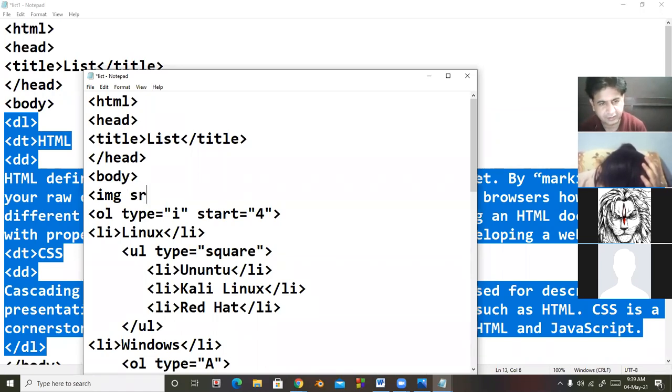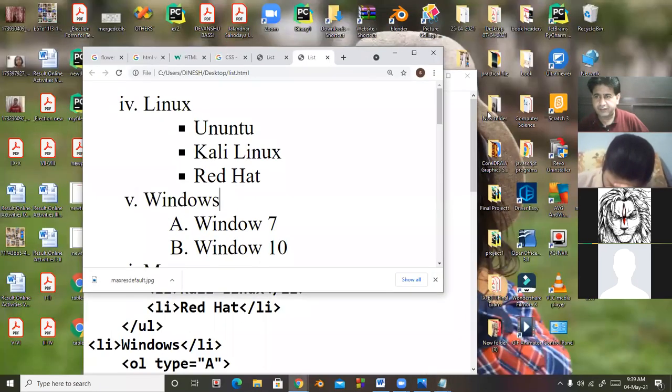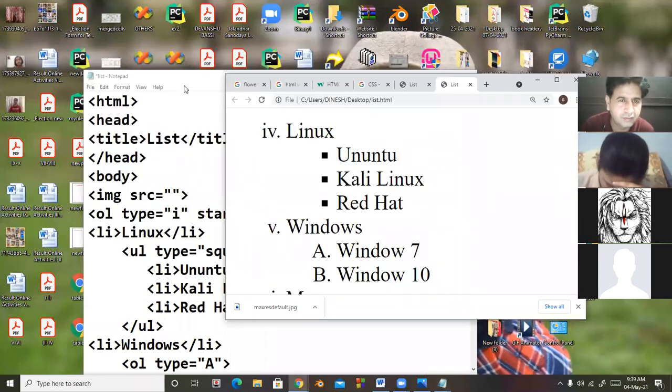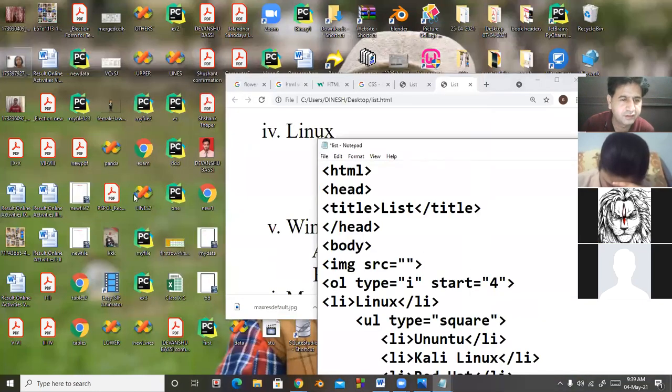There is one compulsory attribute, src. src stands for source. I'm searching for one image that I want to insert in the document. So here is one image.